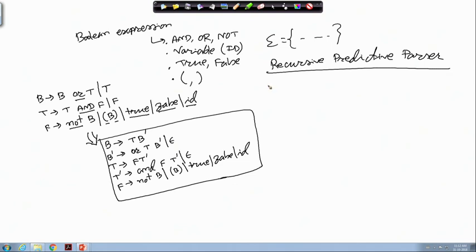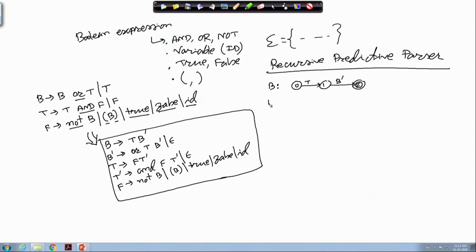So, the transition diagram for B will be like this. This is state number 0, from here on getting T it comes to state number 1, from here on getting B dash it goes to state number 2, and that is a final state.